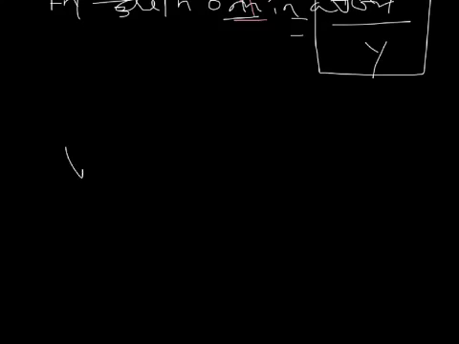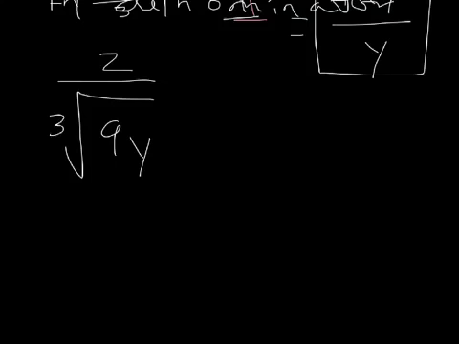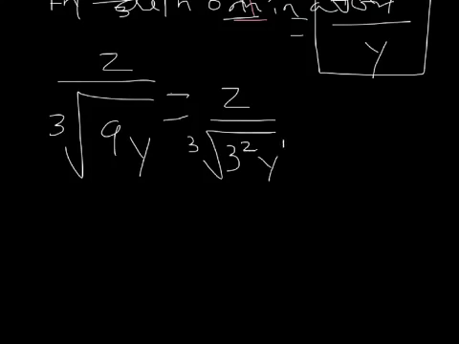Okay, now this time I'll put a 2 on top. On the bottom, I'm going to put 9y, and I'll make this a cube root. Now, you could multiply that top and bottom by the cube root of 9 squared y squared, but that's not going to be the cleverest way, because then you'll have to simplify a whole bunch. Instead, what you should notice is that 9 is already 3 squared. This is y to the 1. So instead of picking something that makes me have to simplify a lot,